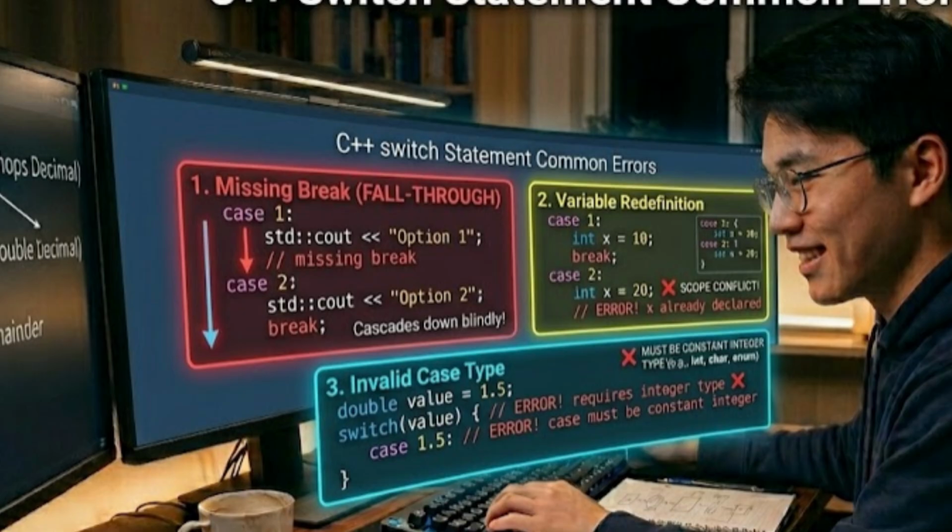So, to recap, use if else for ranges like scores or dates, and switch for specific discrete options like menu or status codes. I'm giving you a challenge question. Write a program that asks the user for a number from 1 to 7 and uses a switch statement to print the corresponding day of the week. If they enter anything else, output invalid day.